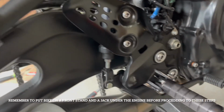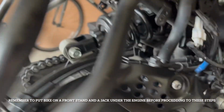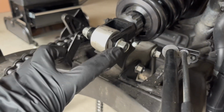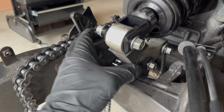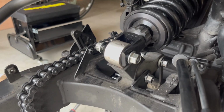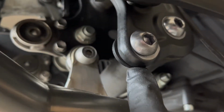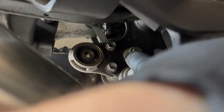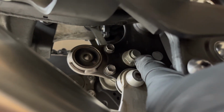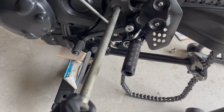So this is a little update. Right now we'll be loosening this, and then I'll bang the rod out. All of these are 14 millimeters, so I have a socket on this side and a wrench on these sides. I made the mistake of loosening this one. Not necessary, but this one right here is a 17 millimeter nut, and I believe that one has to be loosened. So I'm just pulling out this rod,